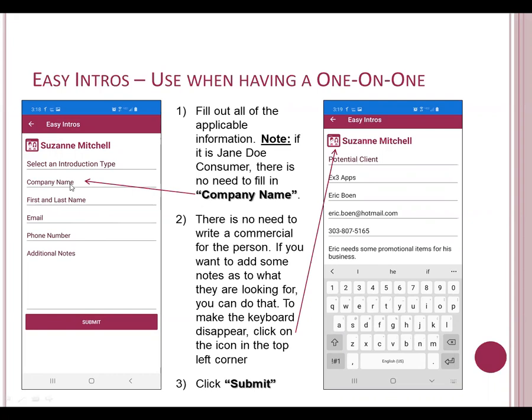And so you would just leave that blank and you'd put Jane Doe's email, Jane Doe's phone number, and then additional notes could be Jane Doe is looking for t-shirts for her family reunion. Okay, you don't need to put in a commercial. There's no need to write a commercial for Suzanne Mitchell because guess what? Those commercials live in the CRM and the app will directly pull from it. When you click the submit button,